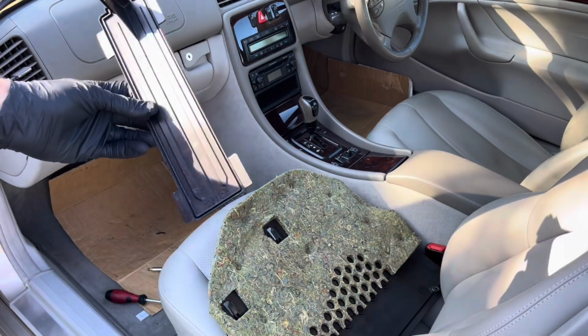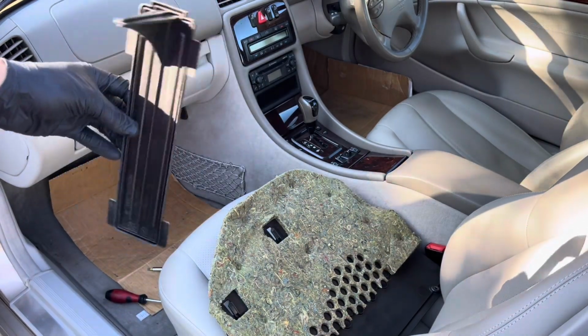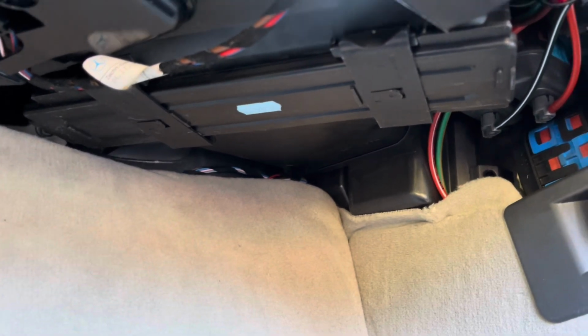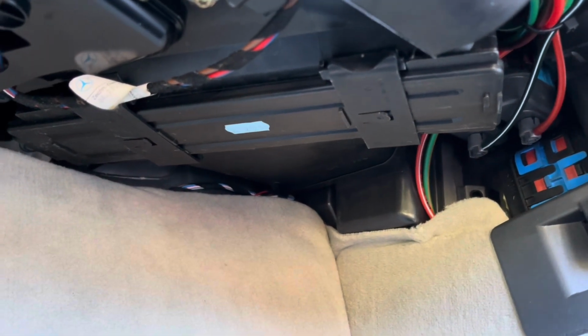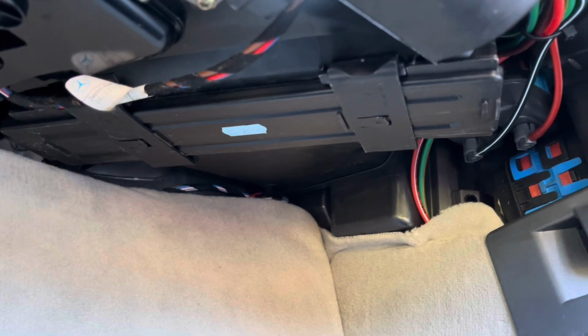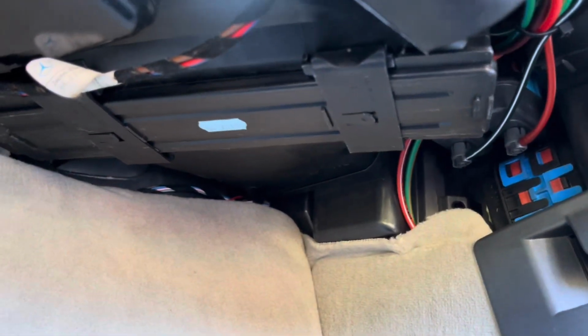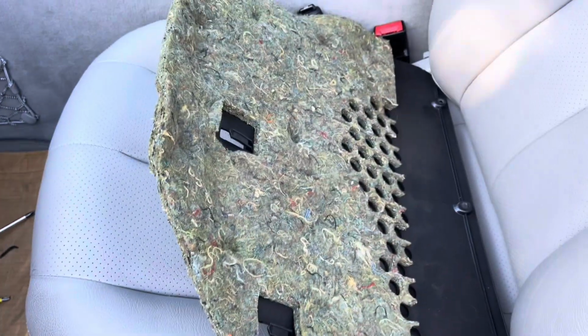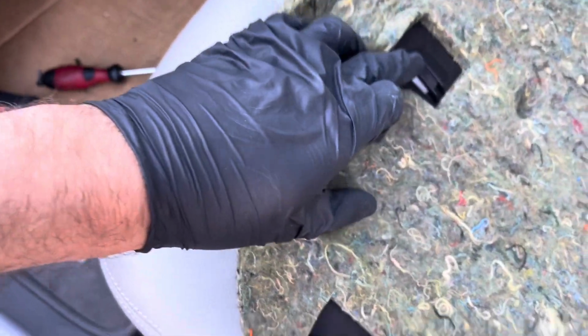Right, now, so this is all nice and clean again, so I will go ahead and refit this. So once the filter's in and the cover's on and the two sliders are put back, that's how it should look. So everything's sealed and secure and all nice, put back together. So the only thing left now is to put the cover, so this cover back, which is literally making sure that these tabs here correspond with the fixings